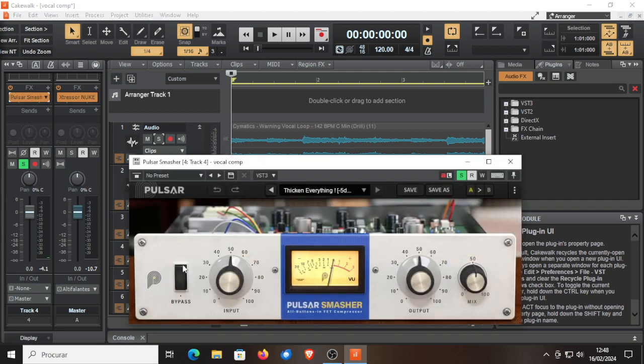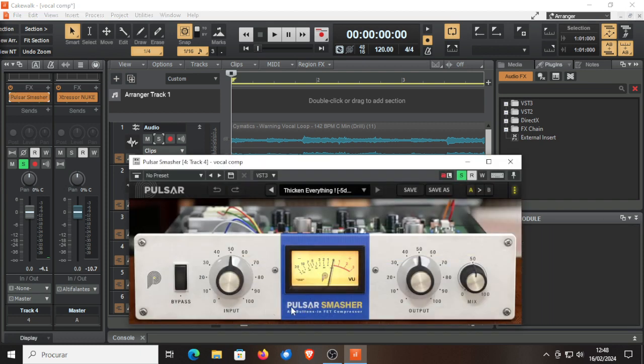This is, for example, not a great compressor for vocals like this. A normal 1176 actually is, but this is not. This is a nicer compressor for percussion and drums and even a synth and stuff. It works pretty well on this. So more rhythmic stuff. But as you could hear, it's still actually pretty nice on vocals, because what it does